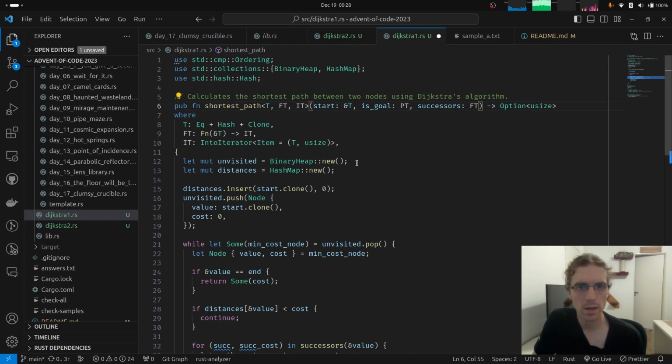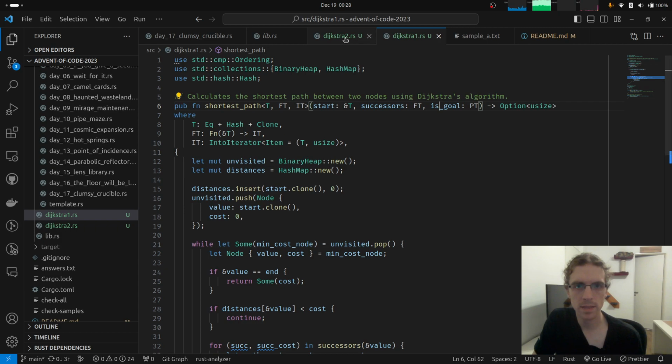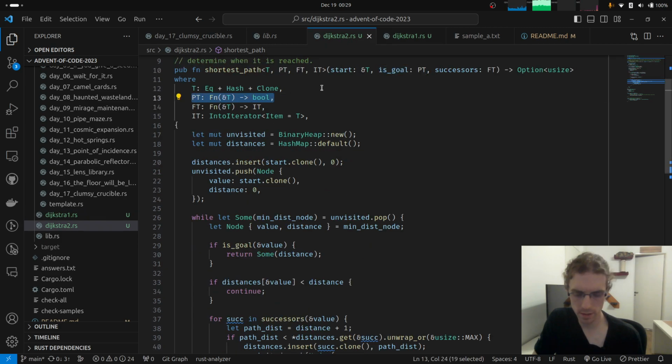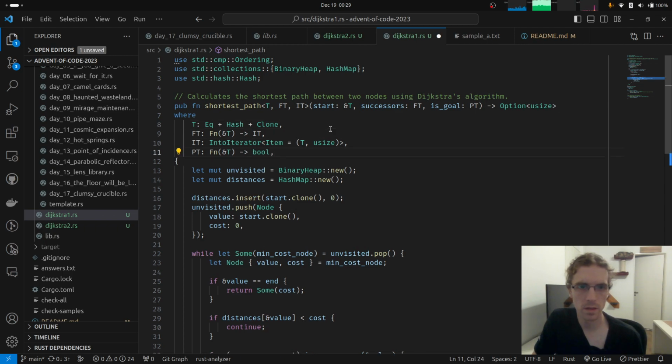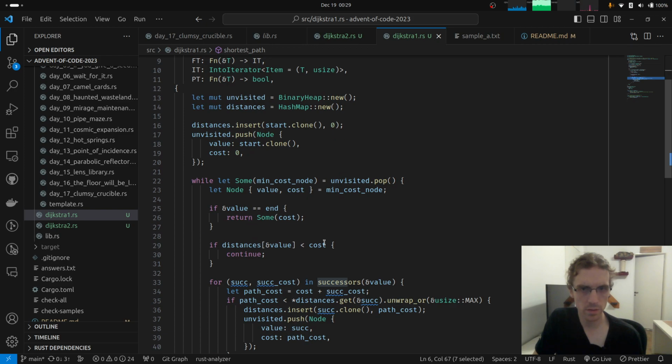Is goal, and it's actually going to move it to the bottom, and PT should be this. Yeah, and step is called is success, basically. We just take all the inspiration from that.